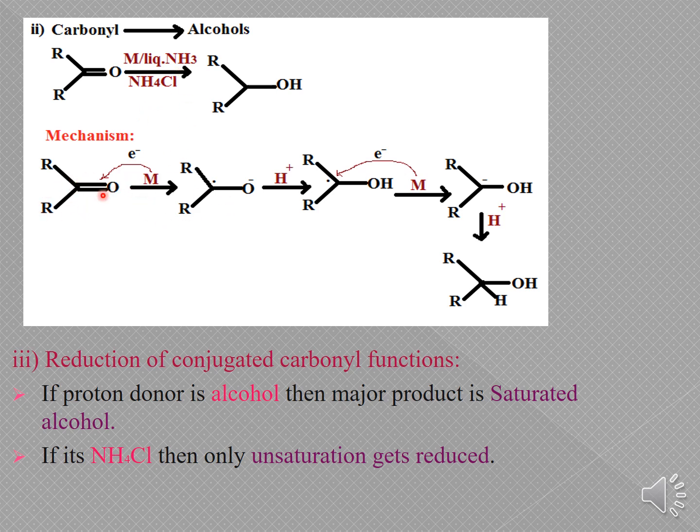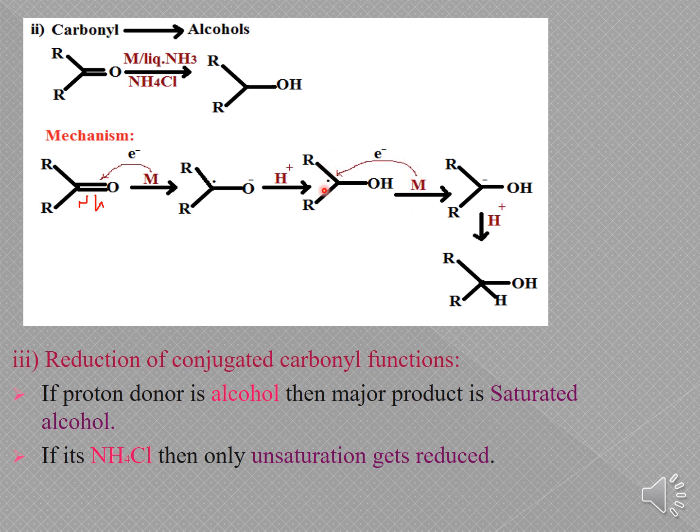If you are taking a ketone and treating it with the metal, what happens here? The metal will give one electron, and this bond will cleave out. When this bond cleaves, a homolytic fission takes place, and there is a gain of a radical on this carbon atom. When this radical is formed, the O radical present on the oxygen will combine with one electron and gain a negative charge, okay. This negative charge will abstract the proton. When it abstracts the proton, you will get the OH.